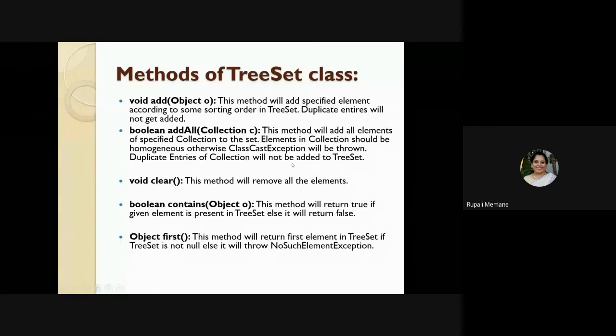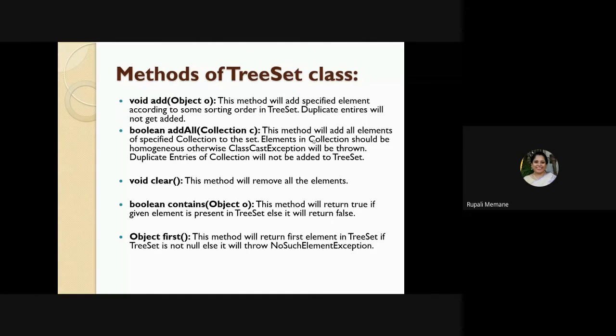Now again, duplicate entries of the collection. Let's say you have got a name in the collection array list, and in the tree set also you have the same name. When you are trying to add the array list to this tree set, if there is a duplicate value, that particular element will not be added in the tree set. Clear? So it will skip that if it already exists in your tree set. So if you want the duplicate entries, we have taken the example of a shop wherein we had duplicate customers, when I have multiple customers coming to me, in that case I cannot use the tree set.